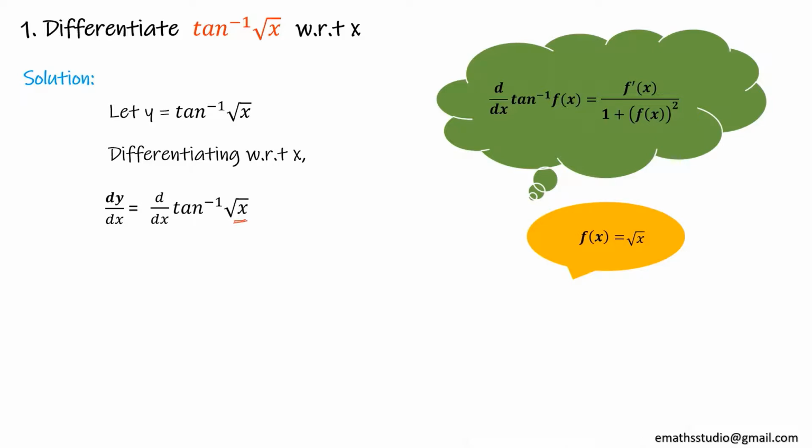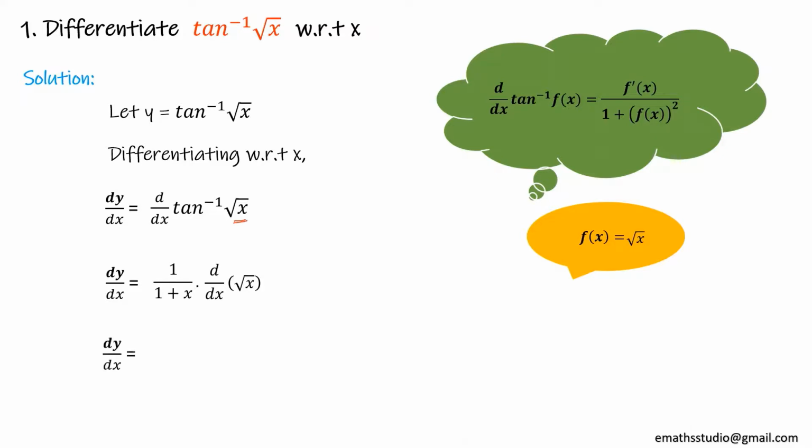Now, then what I can write is dy by dx is equal to derivative of tan inverse root x according to this is 1 upon 1 plus x. Now why am I getting x? Because it is f of x the whole square. So root x the whole square is x. Now this has to be multiplied by f dash of x. F dash of x means what? Derivative of root x. So I have multiplied this by derivative of root x.